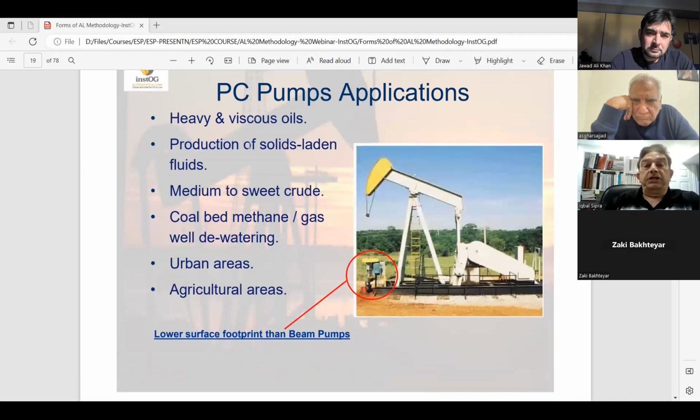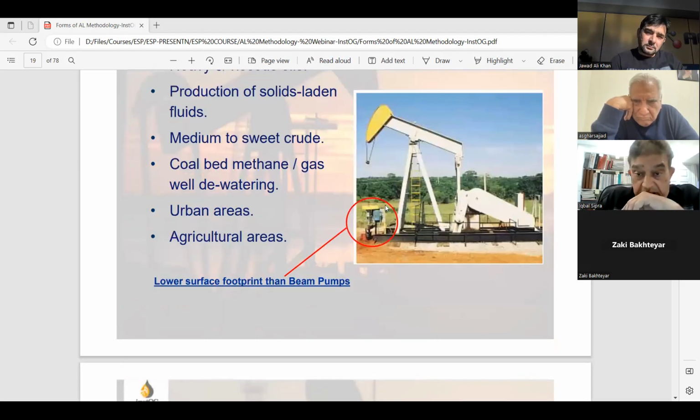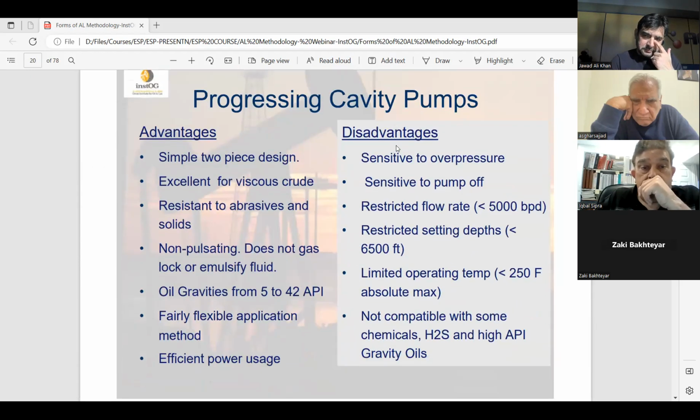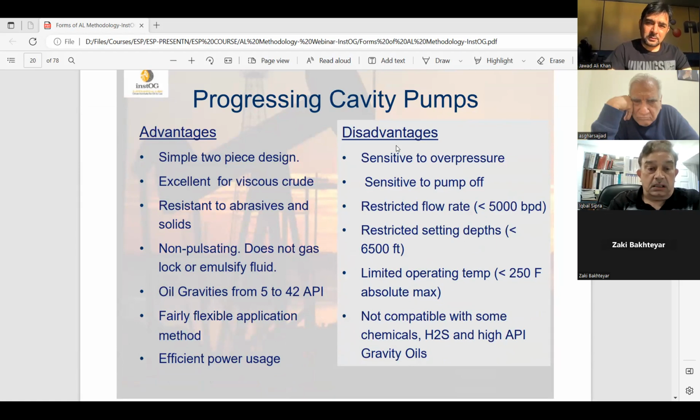PC pump applications are heavy and viscous oils, production of solid laden fluids, medium to sweet crude, coal bed methane gas well dewatering, urban areas, agricultural areas. You can see the size, PCP versus rod pump. The progressive cavity pump advantages: simple two-piece design, excellent for viscous fluid, resistant to abrasives and solids, non-pulsating, does not gas lock, works on emulsified fluid, oil gravity 5 to 40 degrees API, fairly flexible application, and efficient power range. Disadvantages: